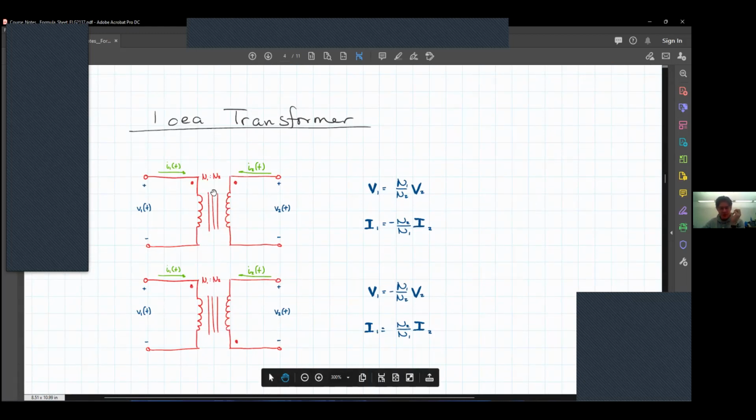And suppose we have a 1 to 3 coil ratio, so your input has 1 coil, your output has 3 coils. That means that if we have an input of, say, 1 volt phasor, so 1 volt with no shift, your output is going to be 1/3 times